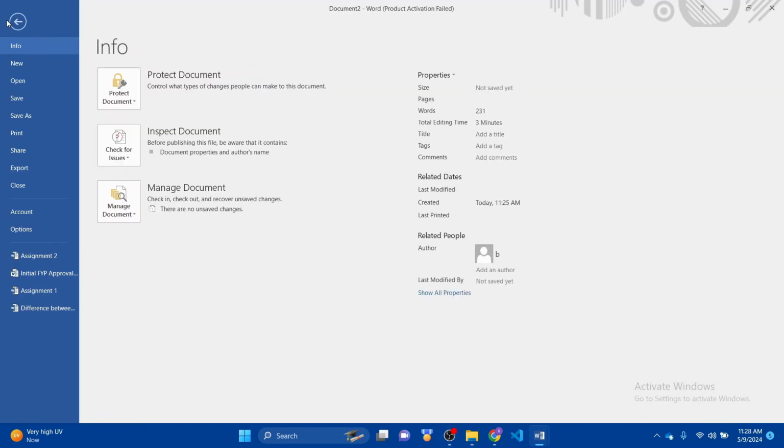This one is the file tab, in which you can see the information. New tab, open any other document, you can save it. You can save as, which means you can save your document in a particular file and name it as you want. This is the print. This is the share, if you want to share your document, if you want to export your file, and if you want to close it, this is the close button. Accounts, for example, if you want to make your Word document with a specific account, you can do it. As you can see, this is the account that I use. These are the options